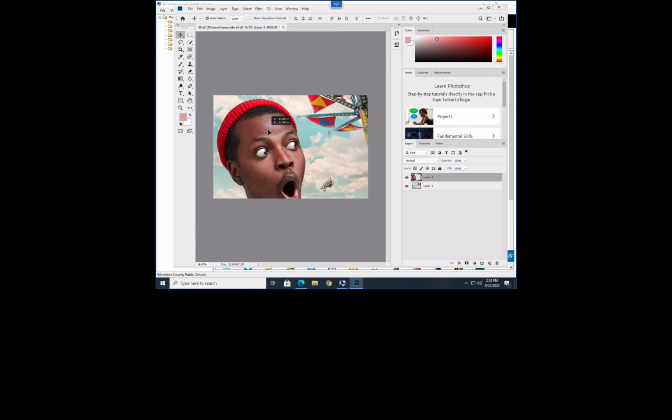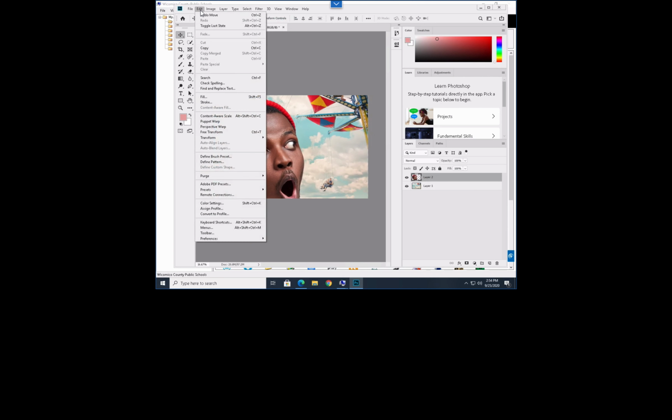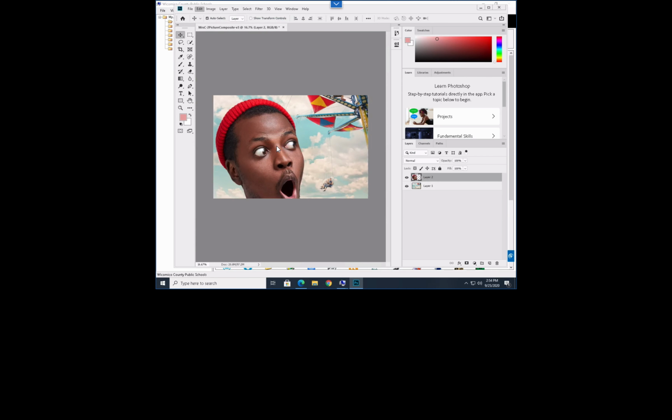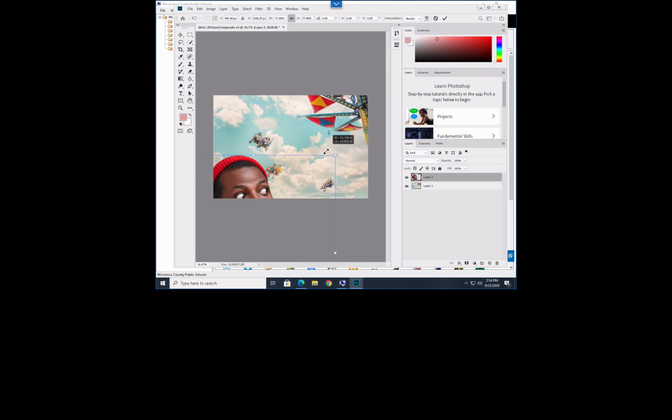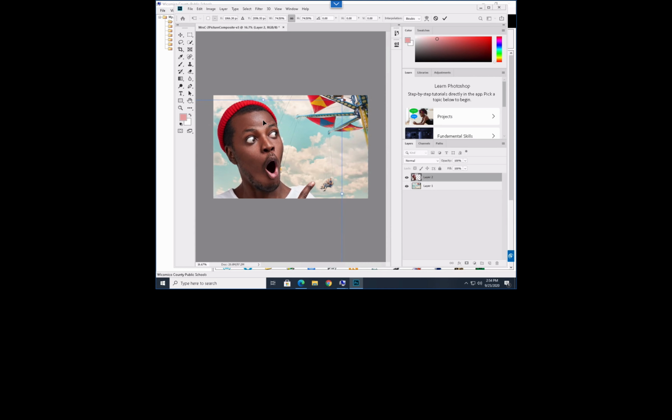And I still have the Move tool on, so I can move him. I don't want him to be that big, though. I want him to be much smaller than that. So I'm going to go to Edit. I'm going to go down to Transform, and I'm going to go to Scale. Now you can see the bounding box which is around him, and you can see how big it is. I'm going to just bring it in a little bit, move him up, going to bring it down a little